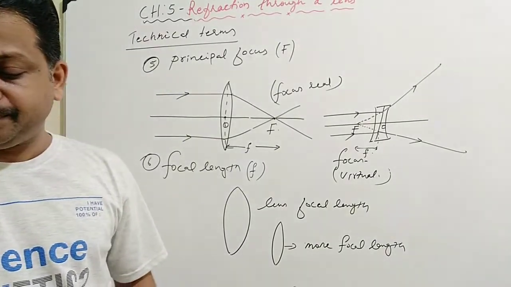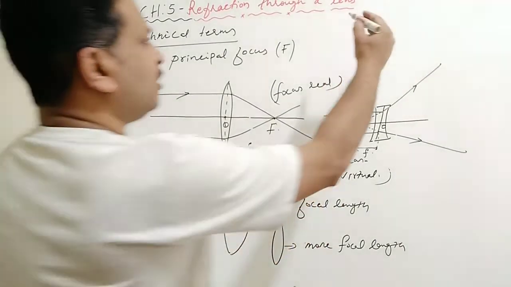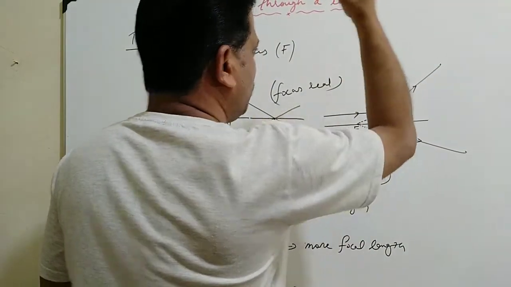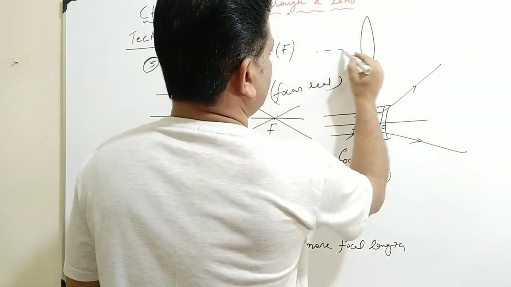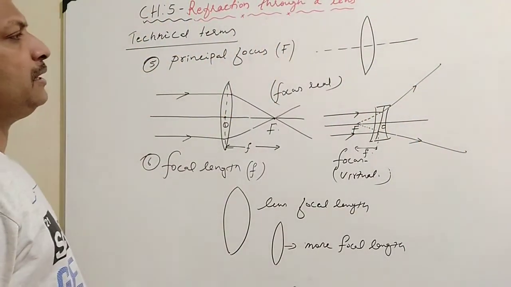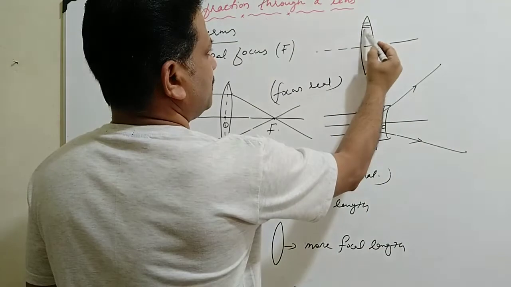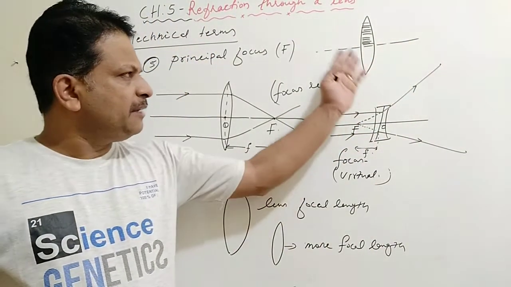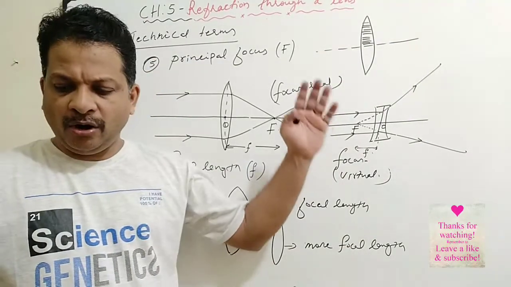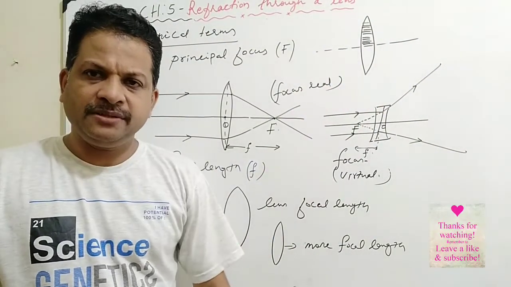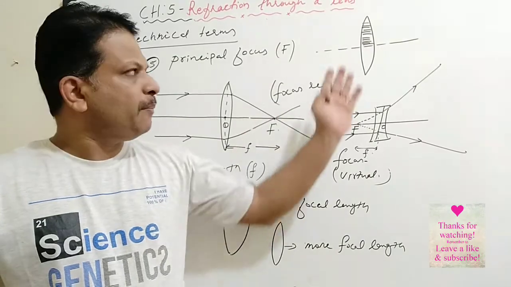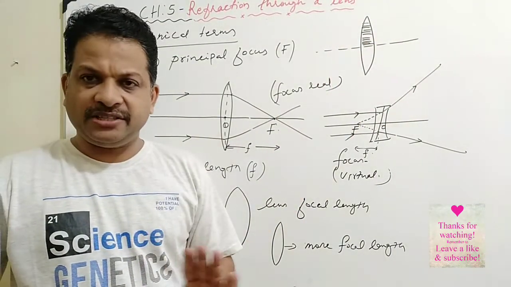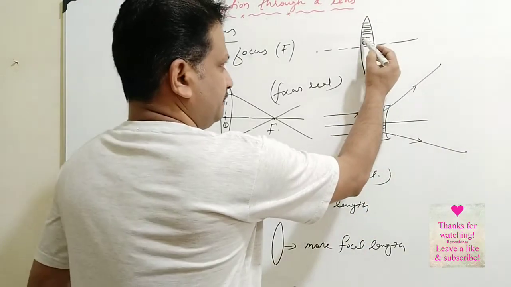Yes. Now, if a part of the lens is covered, for example, the upper part of a convex lens is blackened, will there be any change in the nature of the image or position of the image? No. If a part of the lens is covered, its focal length remains unchanged. There is no change in the focal length.